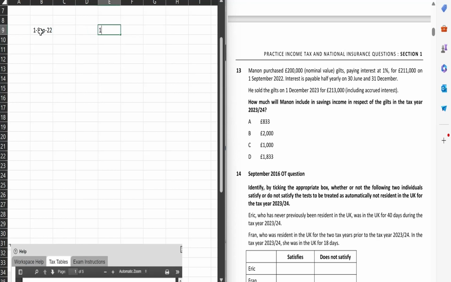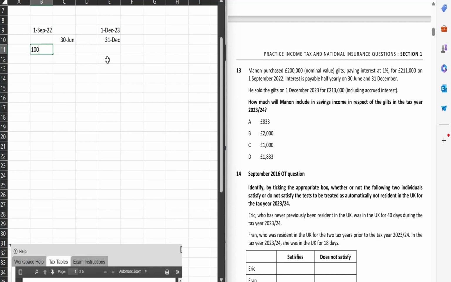And she sold on the 1st December 2023, right? So interest is received half yearly, on 30 June and on 31st December. When the Manon purchased these gilts on 1st September, whatever accrued interest the seller was about to receive was added at the time of purchase. It means if the cost was 100 and the interest accrued was 20, which will be payable on 30 June,